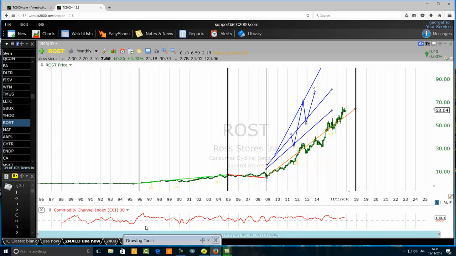One more thing I need to say to traders. If you are using TC2000 like I do, by the way, if I'm talking about TC2000, I don't get any commission. I don't have any relationship with TC2000. I just use it, and I like it. So if you are using a charting software that allows you to see the yearly charts,